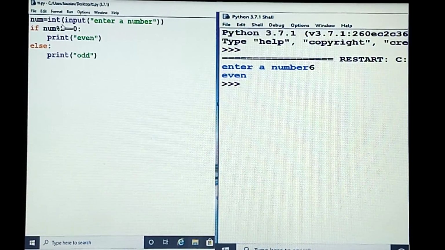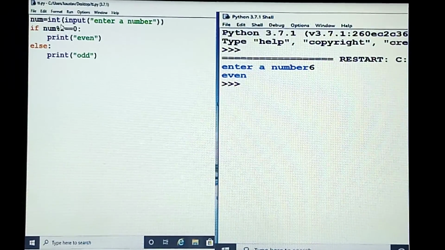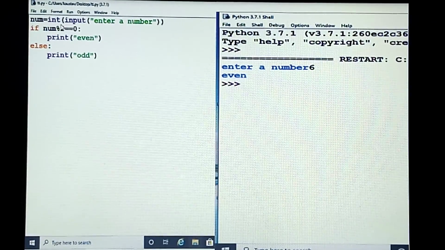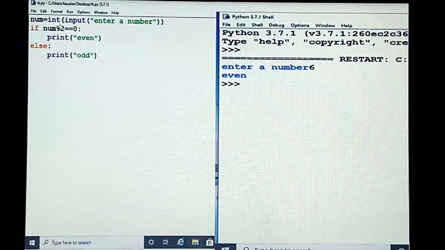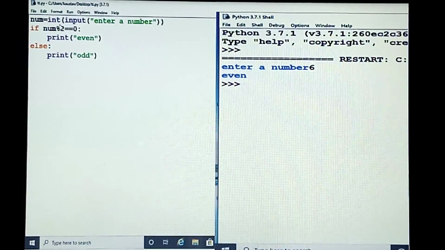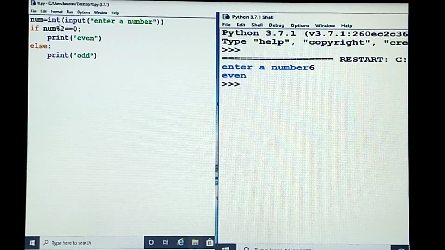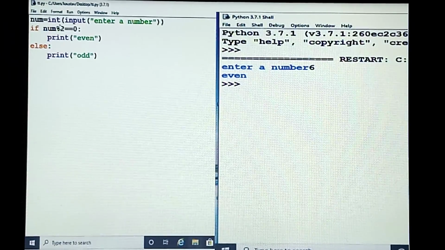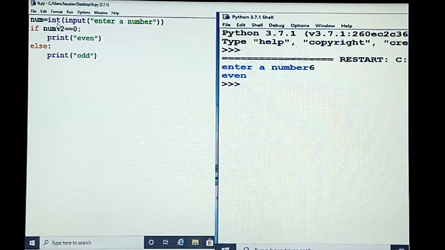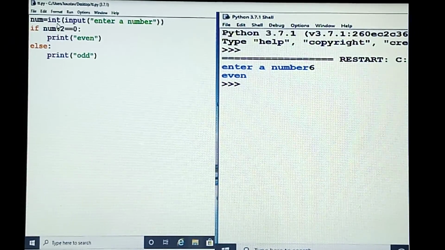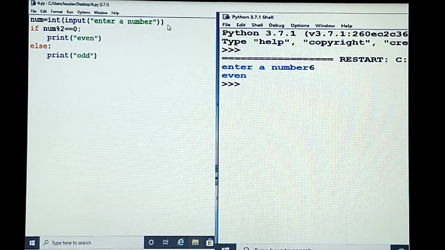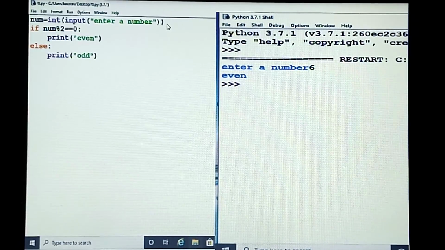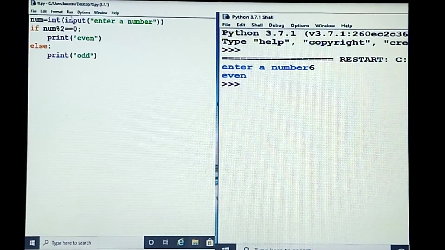If you work in 3.7, in the book it has been written according to the lower version. If you write in 3.7 or if you are using Linux, what is going to happen? We have to use this type of syntax over there. In the school we have Linux, so we have to use this syntax.